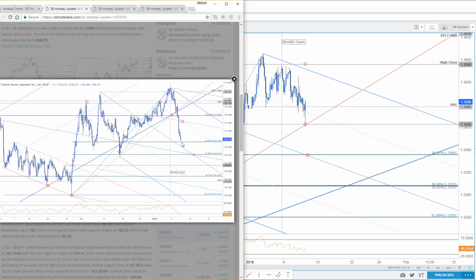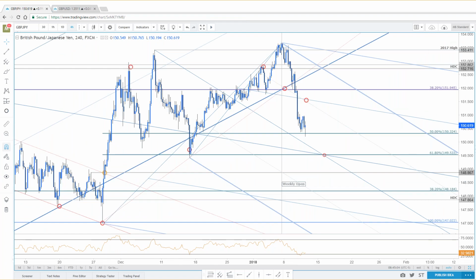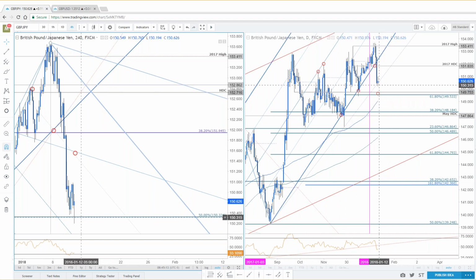50.32 was the near-term support that we were looking for. We got that tag. The bigger level is 49.53. Here's what pound yen looks like now. Okay, let me take this back a sec. So again, you're seeing a little bit of a hang up here on that near-term basic trendline support. There's the 50.32 clip. We got that.